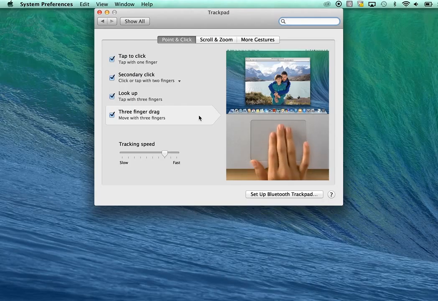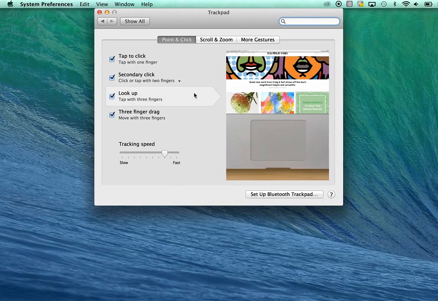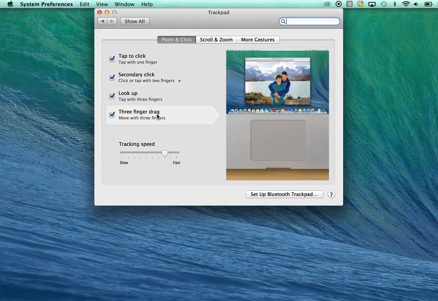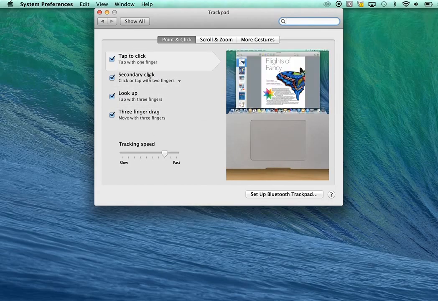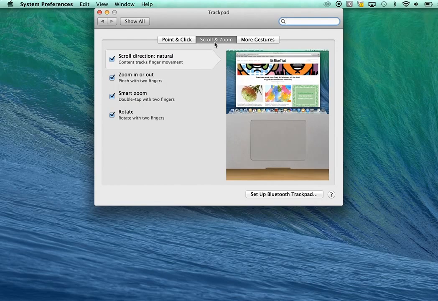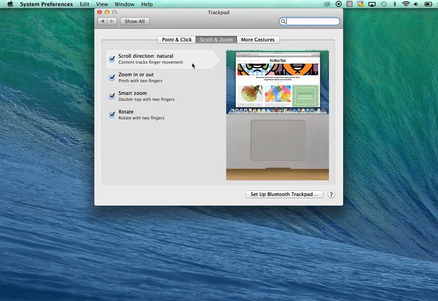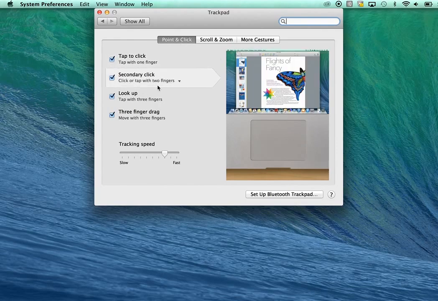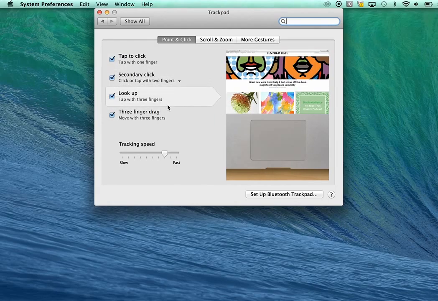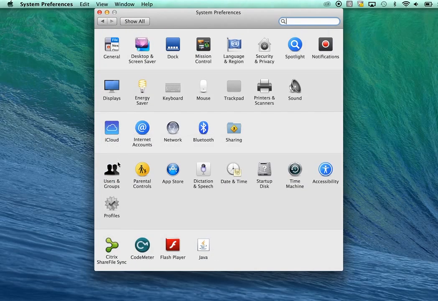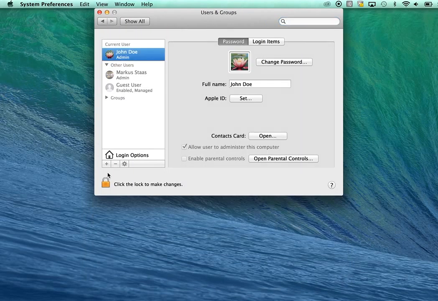It is really important to set it up so that you have to tap the trackpad, because only then you can basically do all these gestures with pinching and smart zoom and so on. The clicking is really an old way of doing this. So anyway, here make sure everything is selected and go back to show all, go to your users and groups,